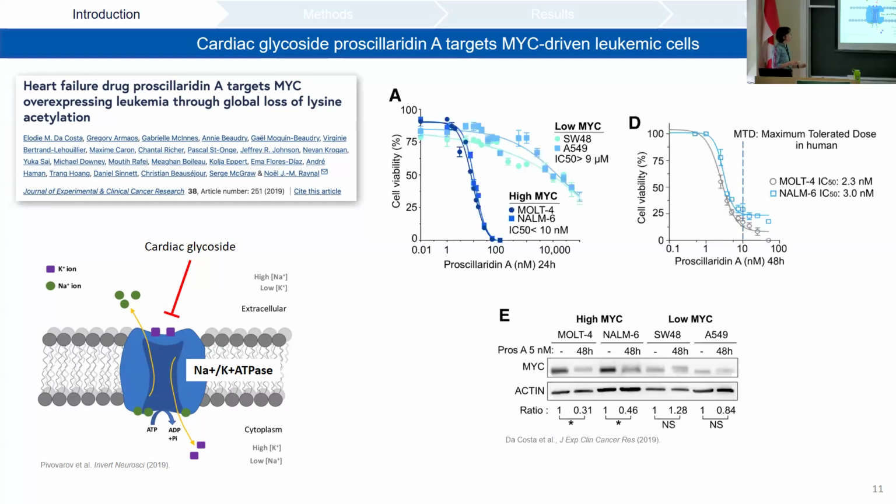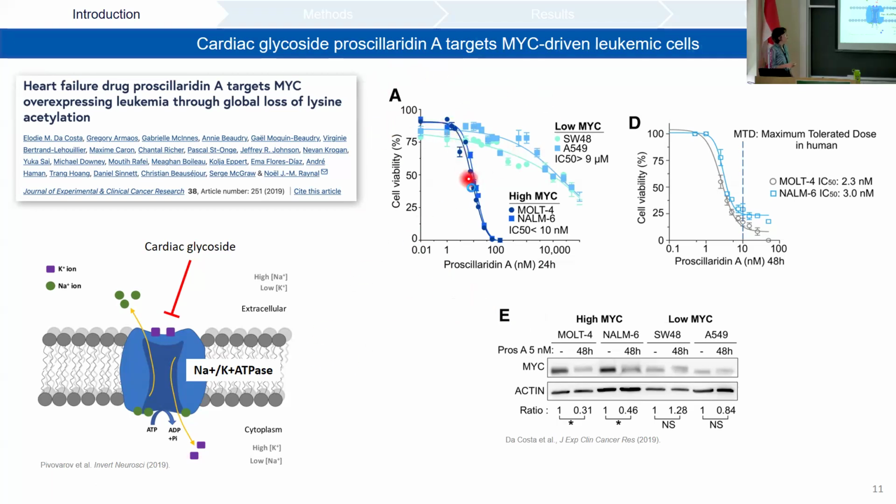And what they did is that they applied a 24-hour treatment of proscillaridin A on different cancer cell lines. And then they assessed the viability of each cell line by adding a different concentration of the drug. Now for all of the viability plots that I will show you, it's a measurement of how many cells survive the treatment over a control population. So what we can observe here is that